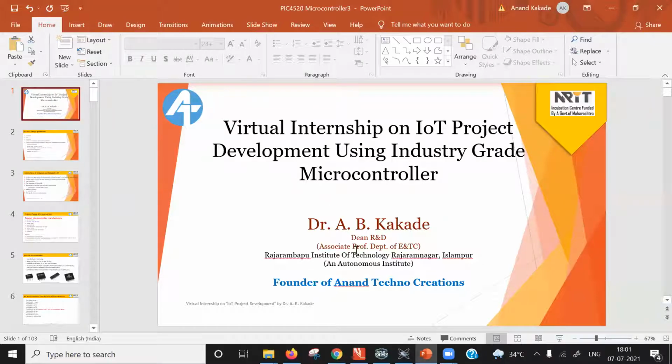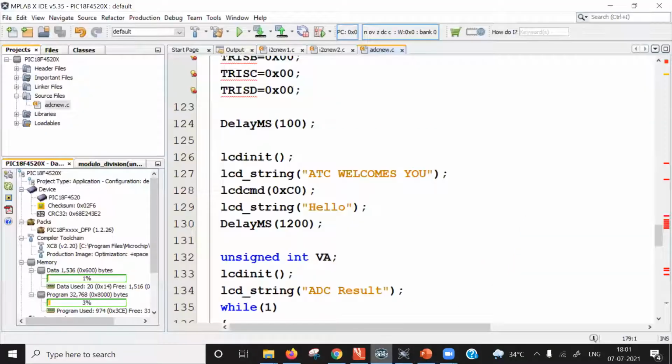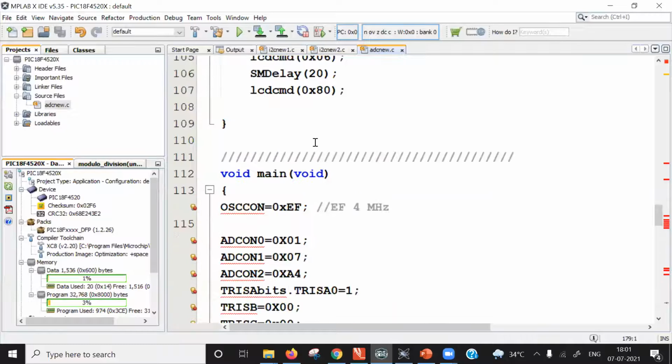Yesterday, we were not able to complete the simulation part because of the breakpoint issue we were having. So later, we removed that breakpoint from the code, and the simulation was working perfectly. So today, we will compile the same code again, and we will simulate our ADC program. So we'll just go to the code in MPLAB X IDE. This is yesterday's same file, ADC file.